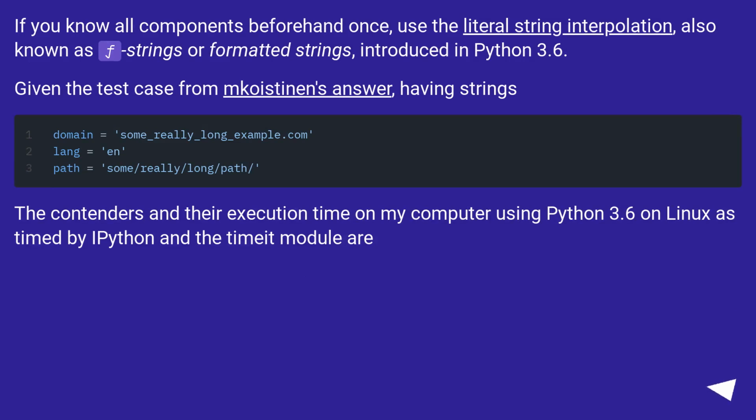If you know all components beforehand, use literal string interpolation, also known as f-strings or formatted strings, introduced in Python 3.6. Given the test case from Koistinen's answer, having strings, the contenders and their execution time on my computer using Python 3.6 on Linux, timed by IPython and the timeit module, are: